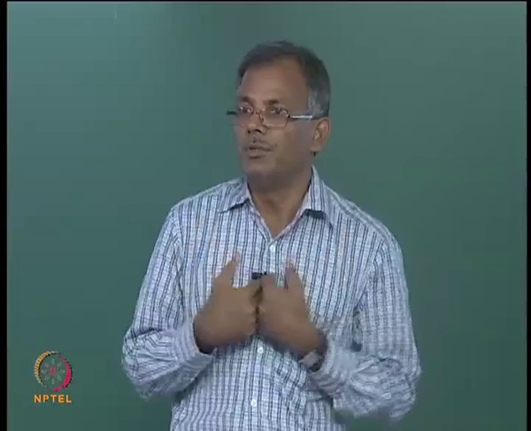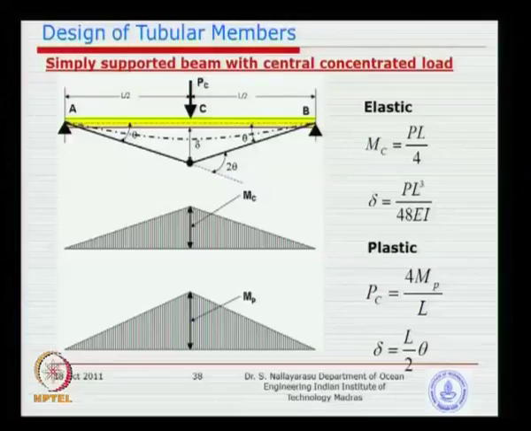For example, if you have a delta of a large number, what will happen? The beam would have broken into two pieces and cannot satisfy the kinematic condition. So basically this is the principle behind the collapse load of any structural system you can derive. Now let us go back to the next slide.